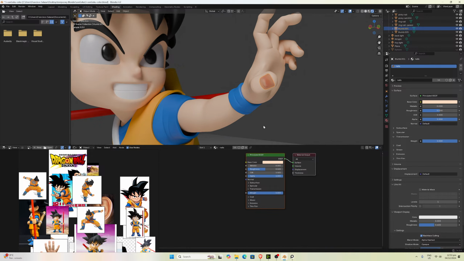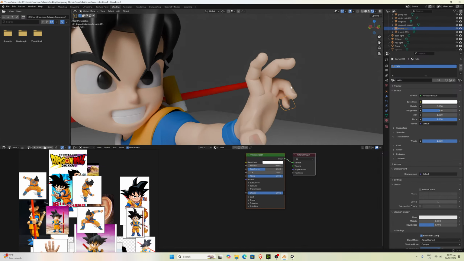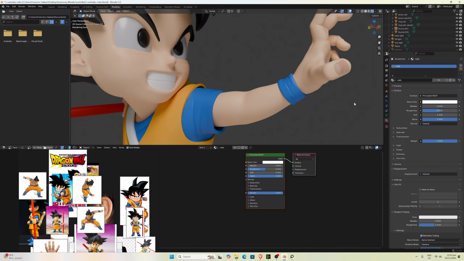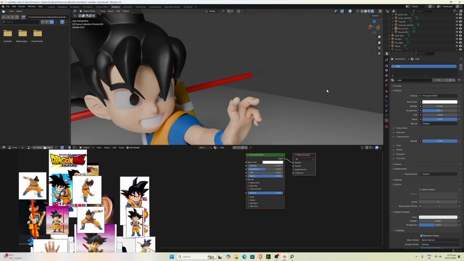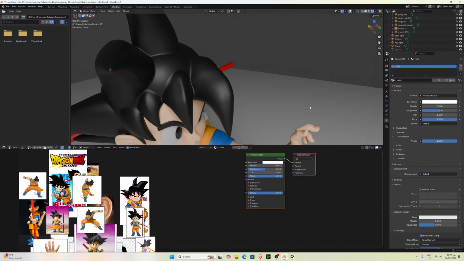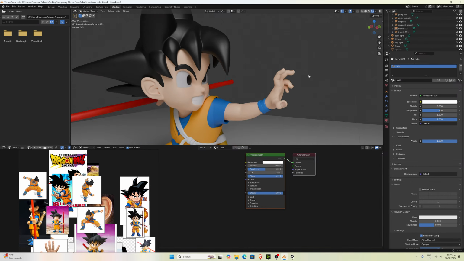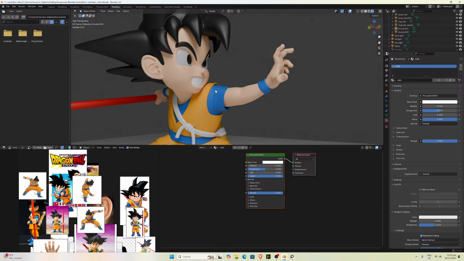You can change this. Okay, now it's looking better. See? It is looking more realistic. We have to paint the details in the other nails also. Okay, now let me